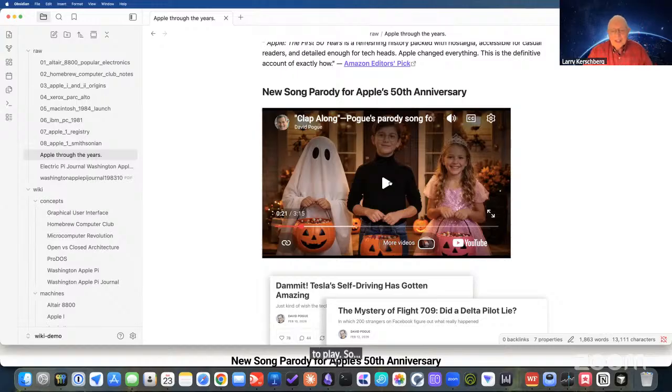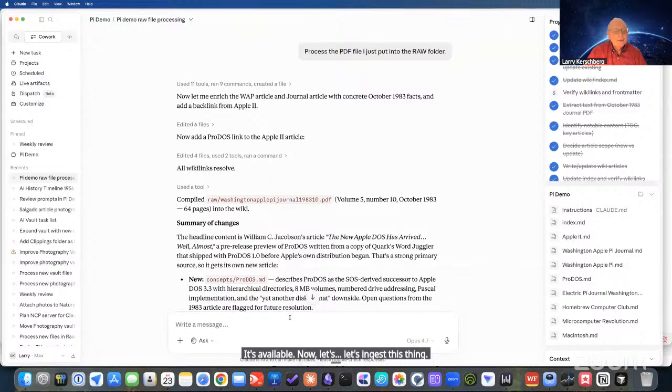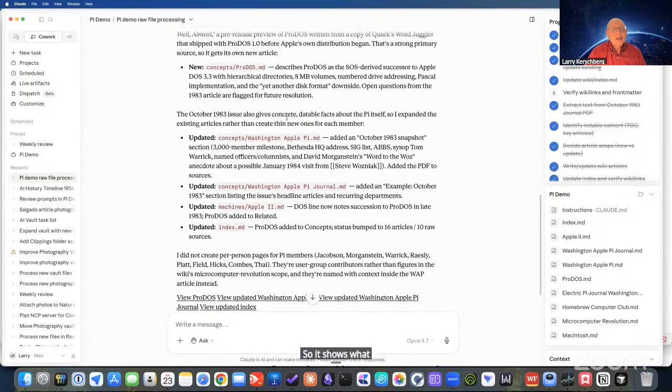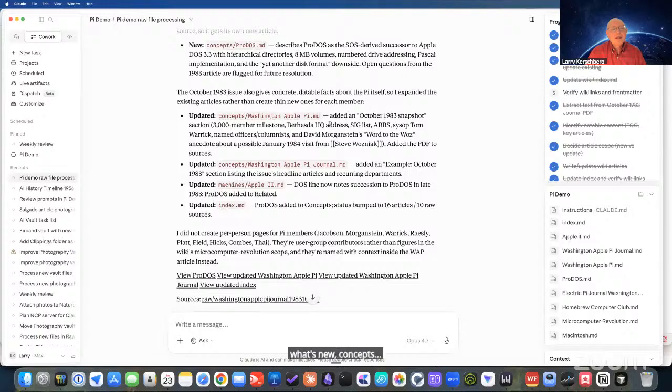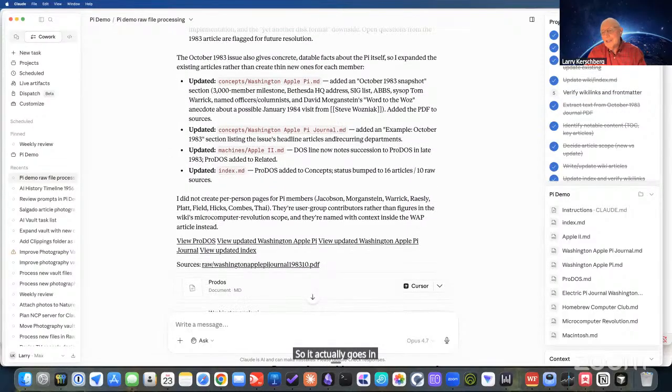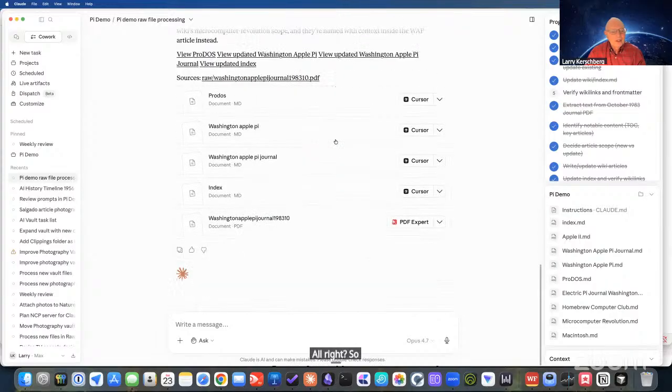So it's available. Now let's ingest this thing. So it shows what it updated here. What's new? Concepts, and it updated the Washington apple pie. So it actually goes in, and as it learns more about the pie, it will update those sites. All right. So let's bring in